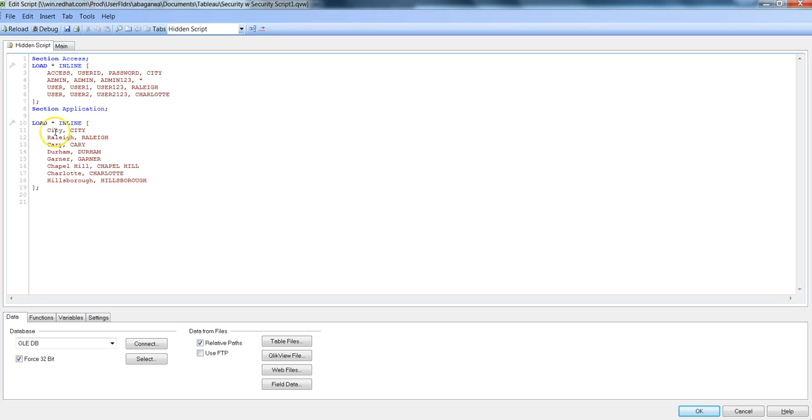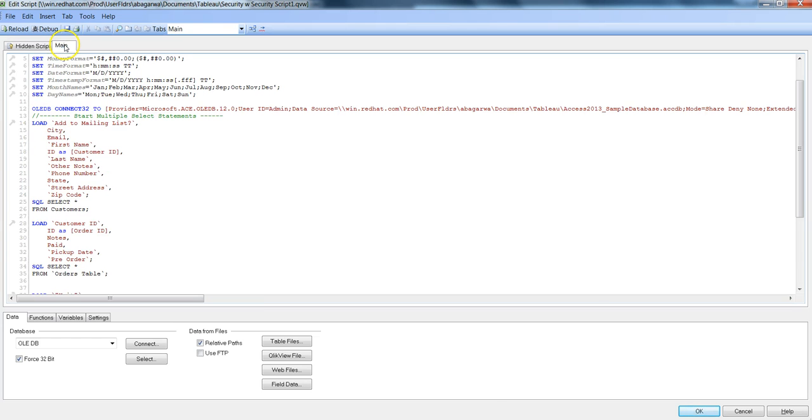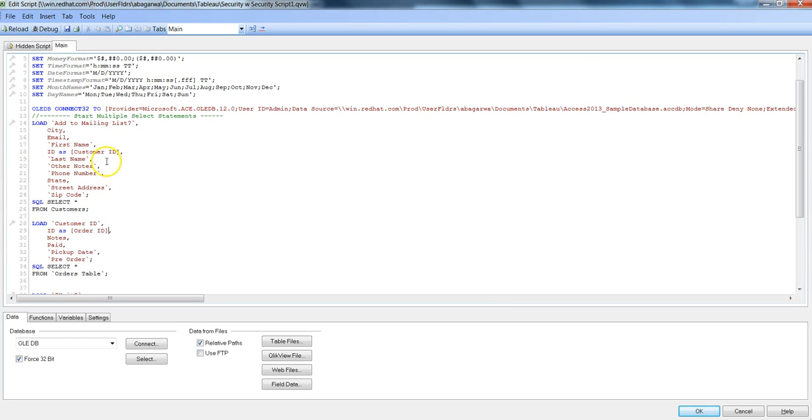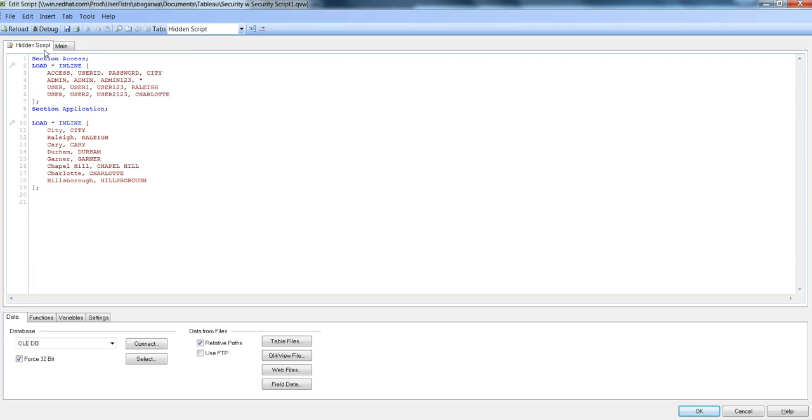And this city column, the first column, is a connection with the tables that we have here in the main data which is getting published for the end user. So in this way it is creating a link between the section access and the main table, and based on this the security is going to apply. So we will save this and we will hit reload,